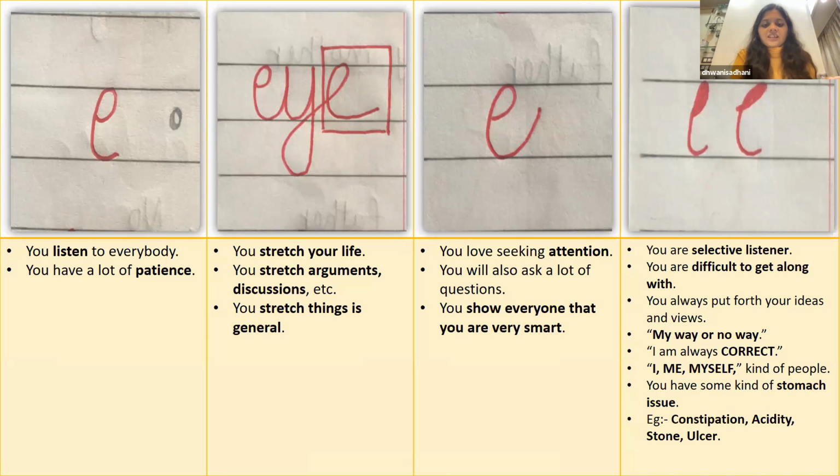You're a selective listener. Now I don't literally mean that your ears are closed, but you're keeping them closed. You're not listening to other people. You're being a selective listener. You will not take advice from everyone easily. You're very difficult to get along with. And why are you so difficult to get along with? Because your loved and dear ones are always going to say something good for you. They're going to advise you. They're going to tell you things, but you are not going to take it into any consideration. You're going to be like, I know everything. I'm the best. You do not advise me.